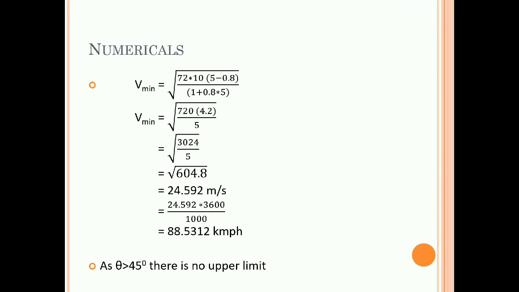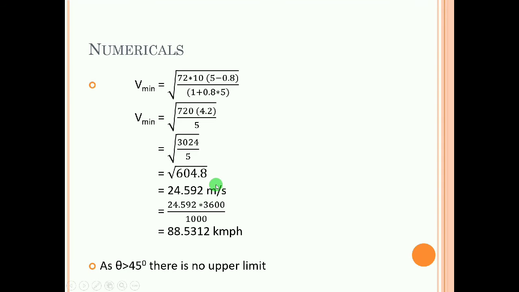If you are finding this value, you can see here 6048. So 60 you will see in the 4th and 8th column. So we are getting the value 24592, and the decimal here will actually be 24 point, so 24.592 it will be, right? So for V minimum square root, you can follow your square root table, and if you are unable to follow, you can find it by using log, because a calculator is not allowed to you. So here 24.592 meter per second.